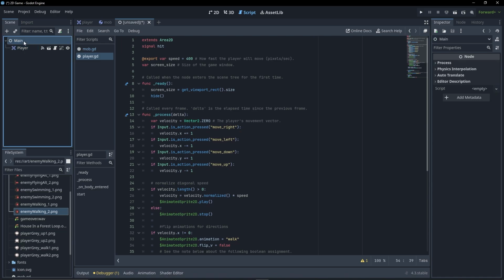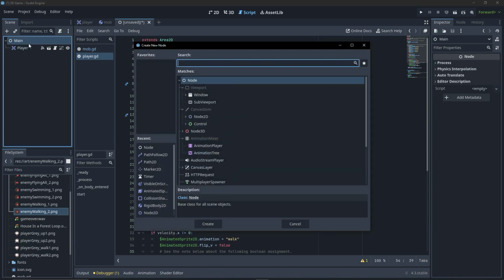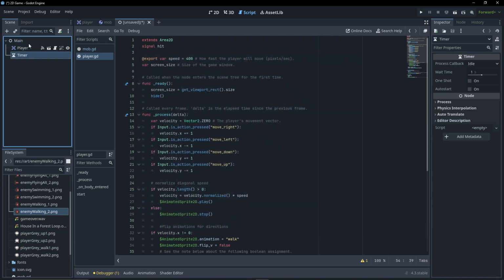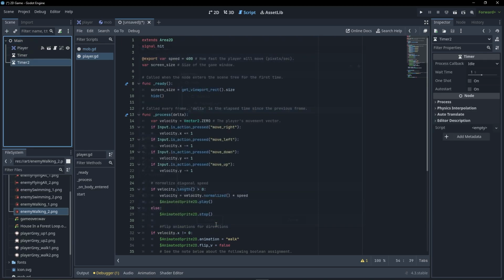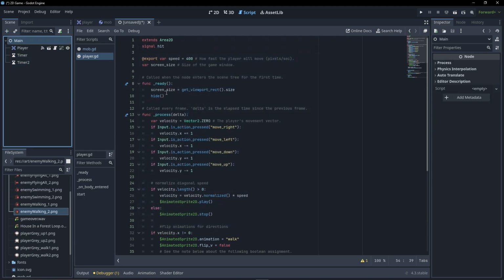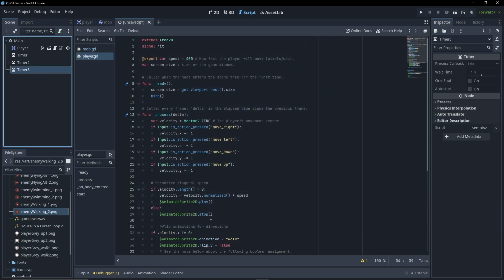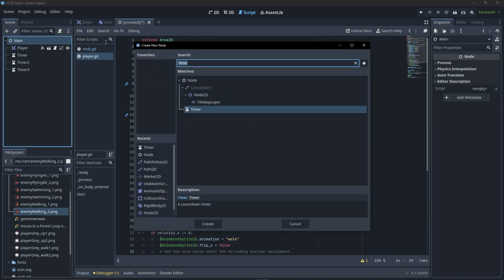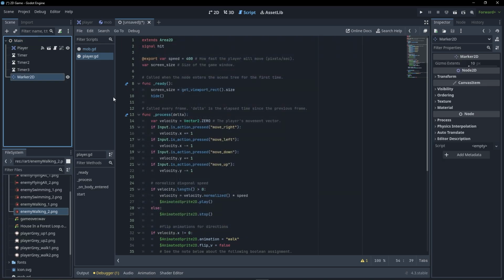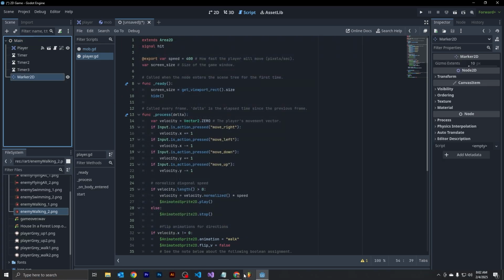So let's go main, Control A, timer. All right. There we go. Main, Control A, timer. Main, Control A, timer. And then Marker, let's push Control A, Marker2D. There we go. All right. So let's rename them